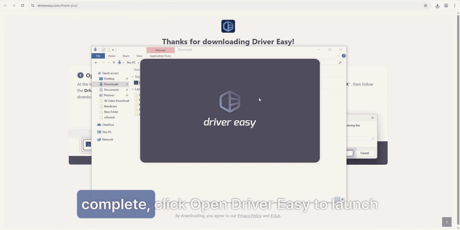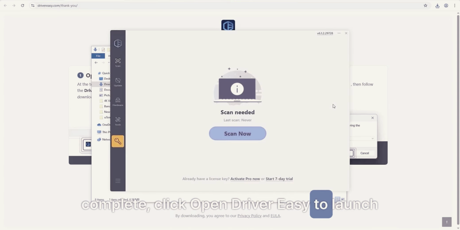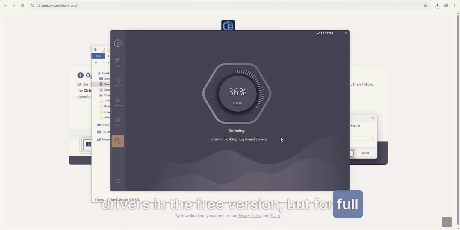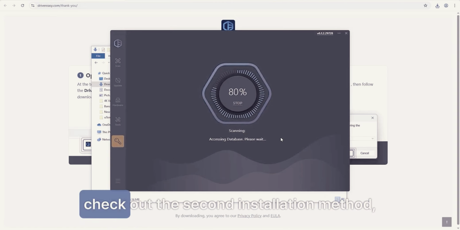Once the installation is complete, click Open Driver Easy to launch the program. You can update most drivers in the free version, but for full access and one-click updates,